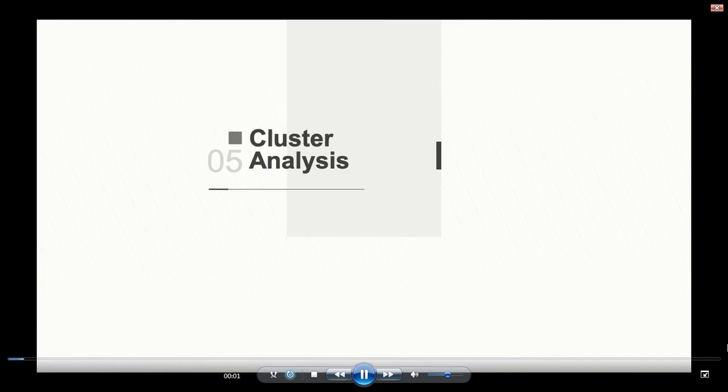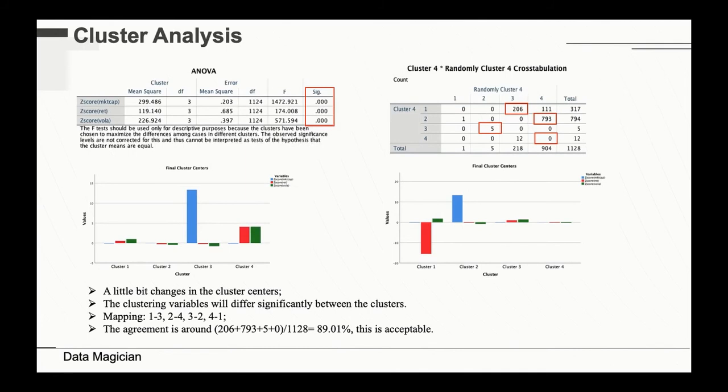So in this section, we will use K-means cluster analysis to test the consistency of our previous conclusions from another point of view. Firstly, we will choose market cap, return, and volatility as our clustering variables. After comparing the different candidates of clustering solutions, we found that the cluster number of 4 is the best. From the ANOVA table, we can see that the p-values of the clustering variables are all significant, and we also have compared the results of the hierarchical clustering seeds with randomly generated seeds. It can be seen that the agreement is as high as 89%.